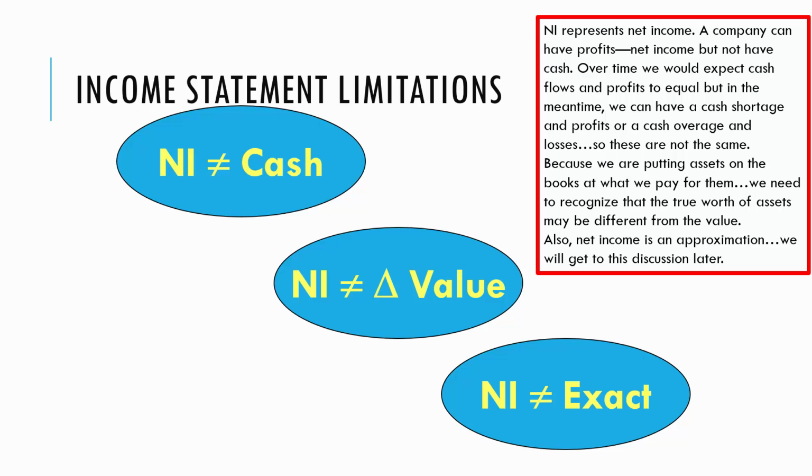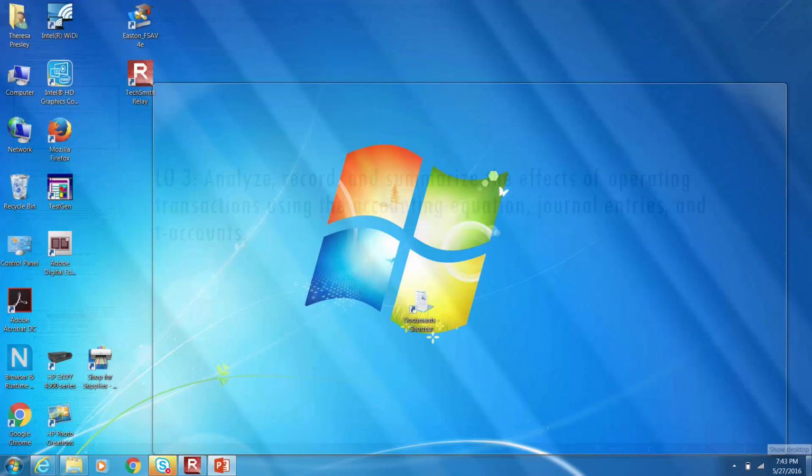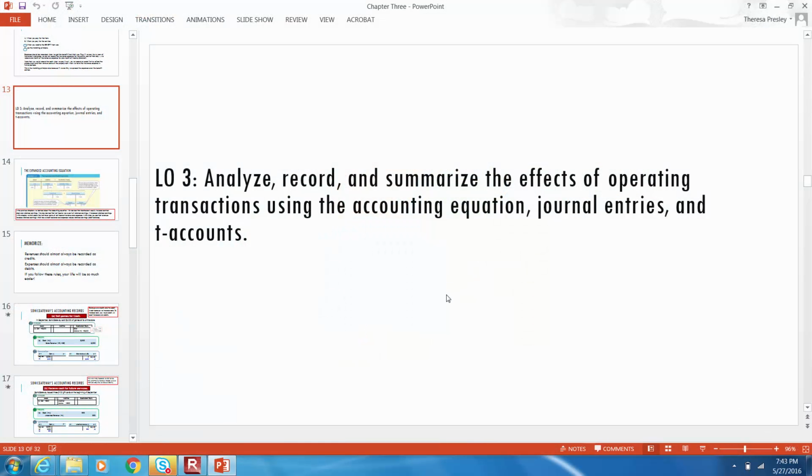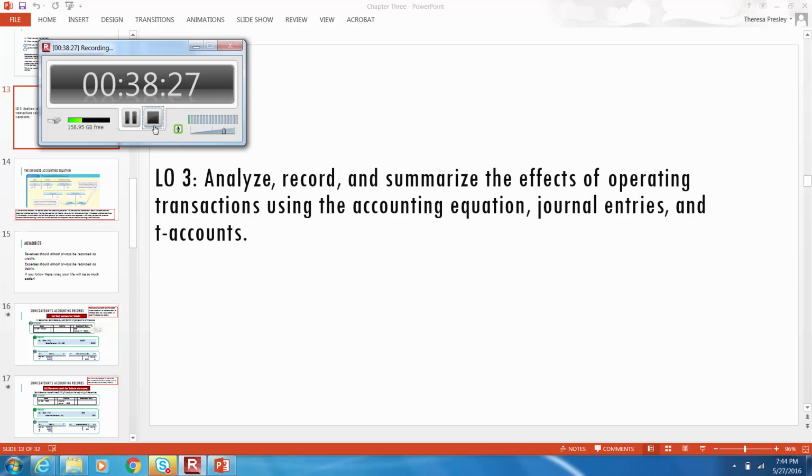The other thing is that net income is not really something that's exact. It seems like it is in this chapter, but when we get to it a little later, we'll understand this a little more fully. There are some things we just have to approximate. We estimate what expenses are in some cases. We estimate what revenue is in some cases. Okay, so that's the end of this PowerPoint. The next thing we'll need to do is look at